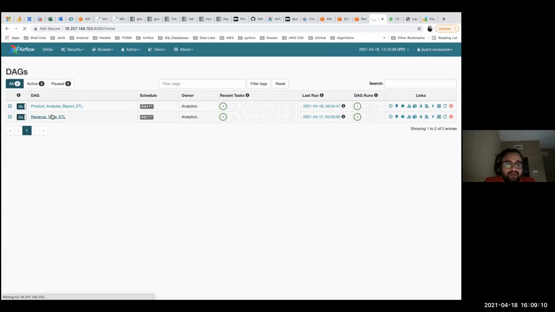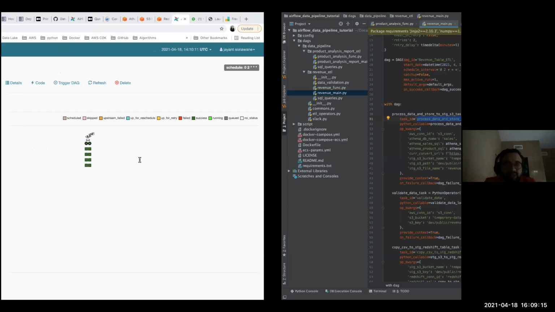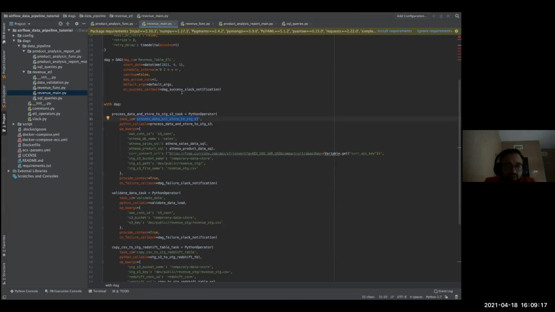If I go back here, so that was the first step, process data and store to staging S3. And this is the code block that runs. This is a Python operator, and one of the arguments you have to pass is what function to run. So I'm running this process data and store to staging S3 function, and I'm passing a bunch of arguments that are needed. You can see the currency converter API URL I am sending here, and with the key itself,